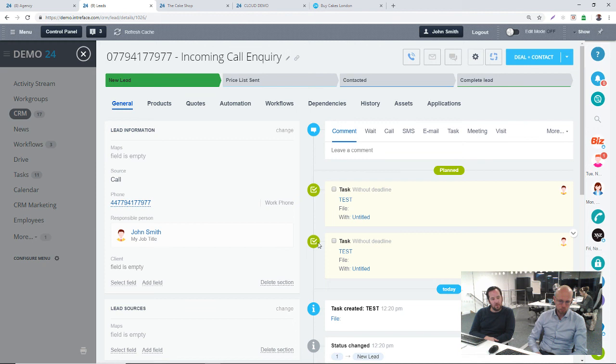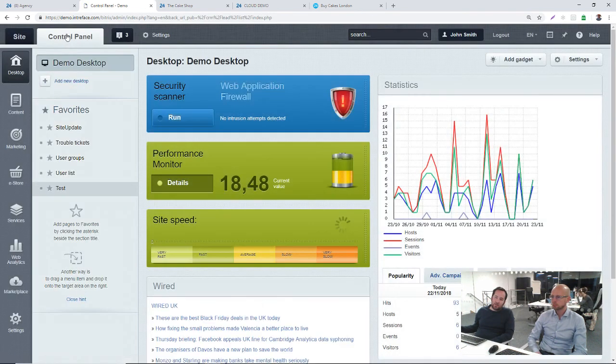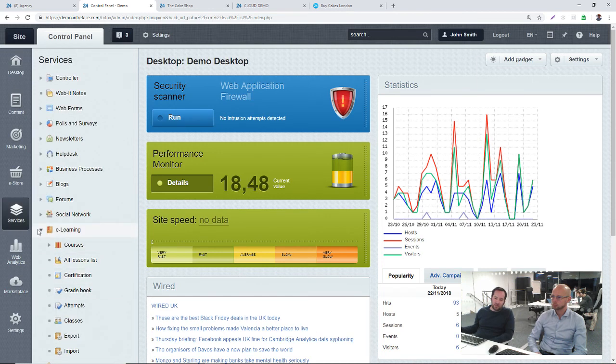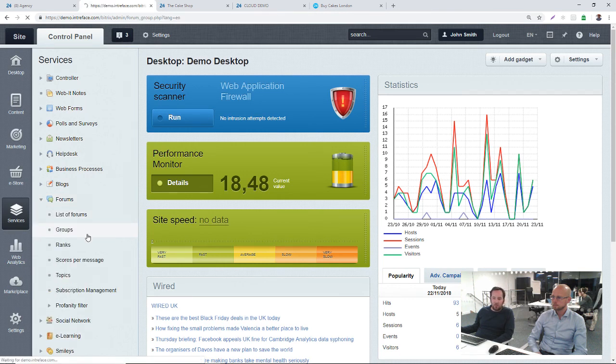Okay, what's the difference between blog, forum and Bitrix? Do you know that? Yeah, the terminology is quite confusing. If we were to go into the actual on-premise version here and click into services, what Bitrix classifies as forums, you can see here, we have